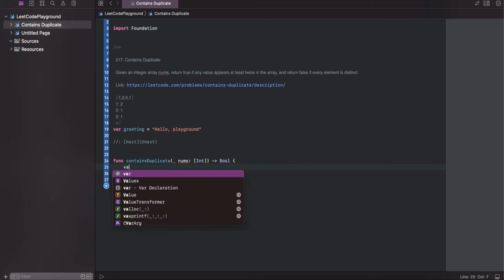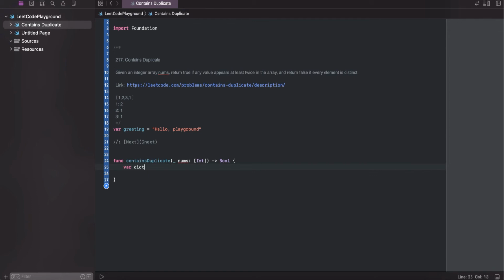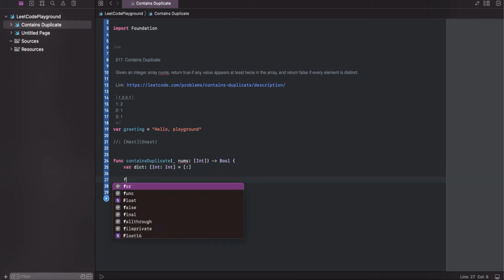So first, we will need to define a dictionary, and the type of this dictionary will be Int for keys and Int for values. So far it will be an empty dictionary. The next step, we need to loop through all the elements in the array. So we're going to go for index in the array,